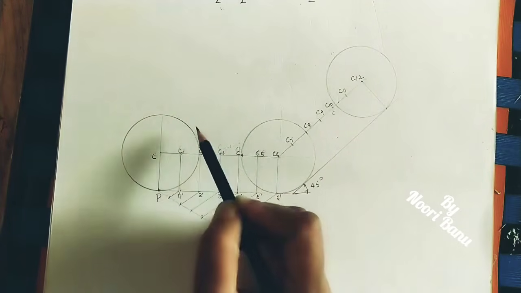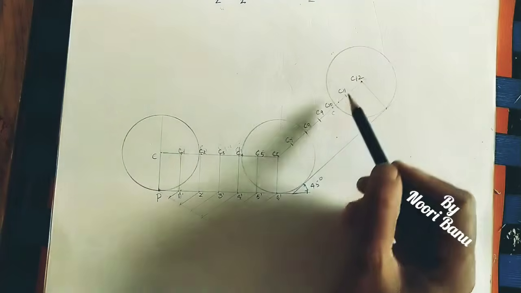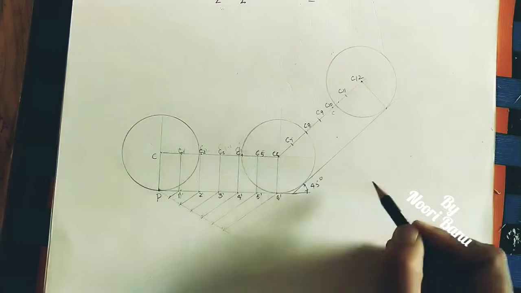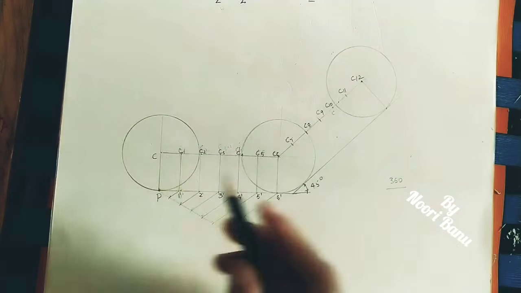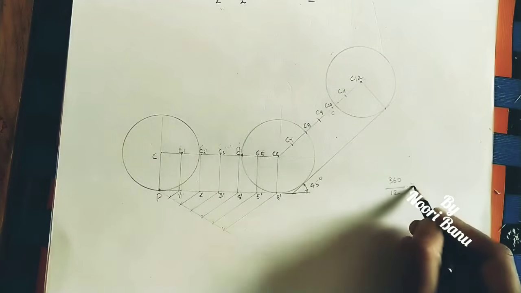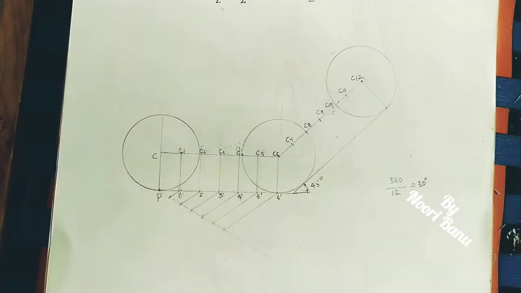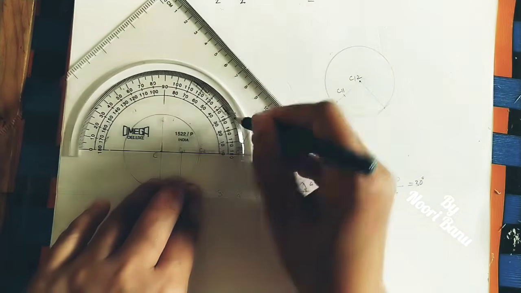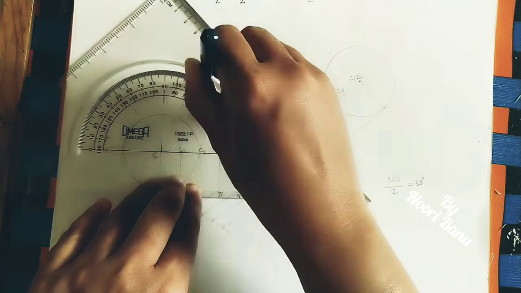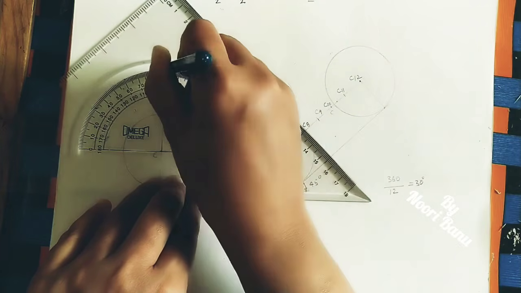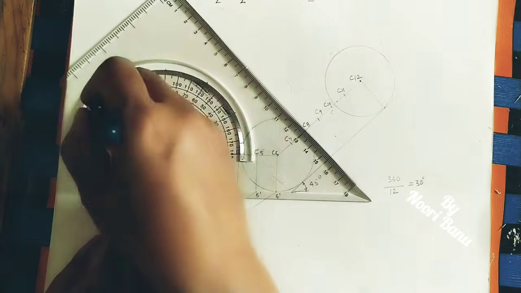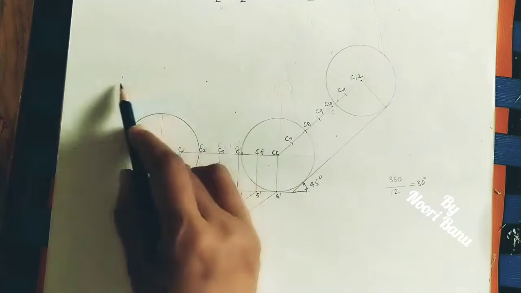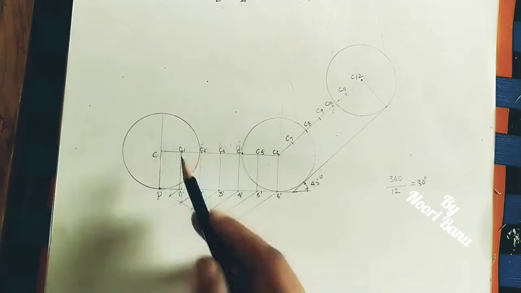Here also divide this circle into 12 equal divisions. Whatever number of parts we are making here, make the same number of parts for the circle also. As we know, at the center of the circle the angle is 360 degrees. So divide this angle into 12 divisions. So we get 30 degrees, each division is 30. For marking, take the first division 30, next 60, next 60 plus 30 means 90, 90 plus 30 means 120, 120 plus 30 means 150, 150 plus 30 means 180. Join all these points to the center within the circle.